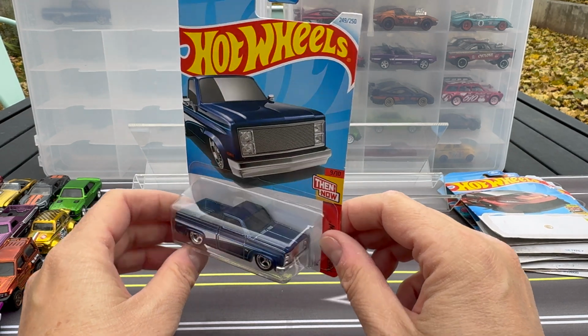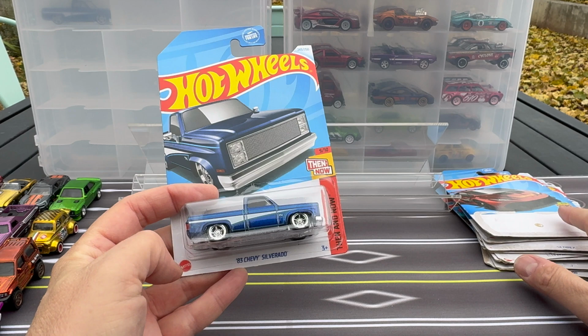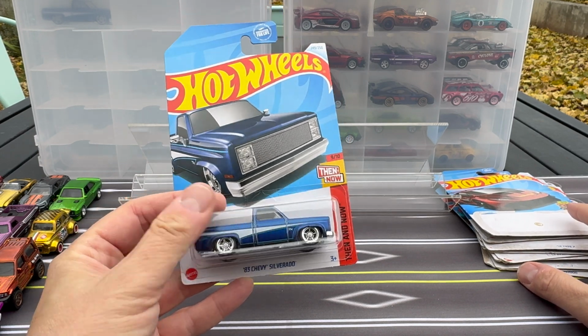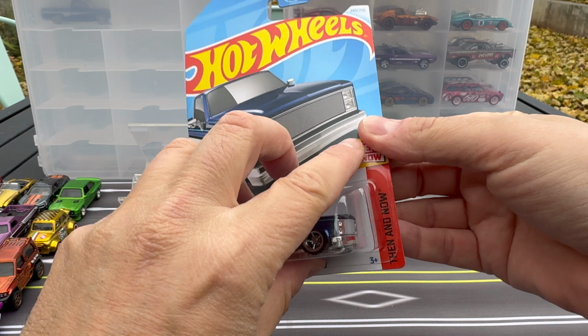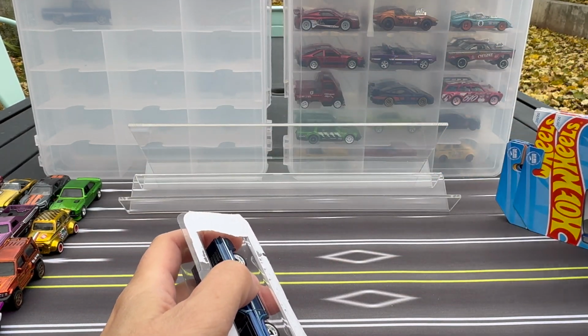They made a nice clean version. Second time it's been a Super Treasure Hunt. There was the gold one from several years ago, I think around 10 years ago. And now we get this beauty, Inspector Flame Blue. Let's open it up. You got the 5 spokes, you got everything. This is nice. I'm going to move the cards off to the side